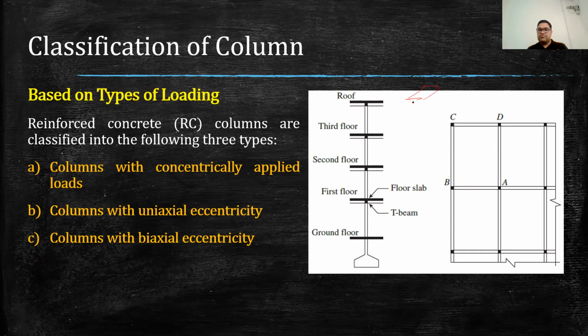Say this is the column. So in this case, in this B case, we can assume that the load is coming like this, which is lying on this axis, but which is away from this axis. So it is trying to transfer this rotation to this column. And because of that, this column may bend like this. So this uniaxial bending may occur in column B.